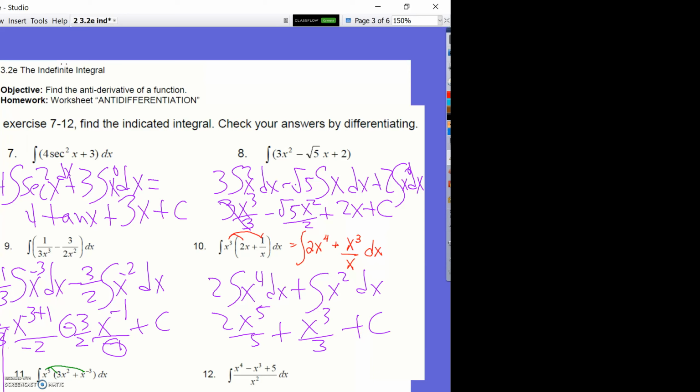And then our last one, you're going to simplify first. X squared minus antiderivative of x plus 5 x to the negative 2. And don't forget